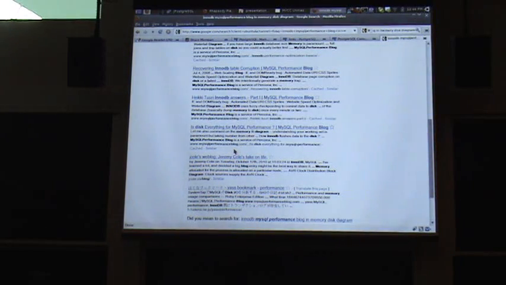Same deal as PG, reads don't block writes and vice versa. Let's see, what else is interesting? So one difference is you actually support covering indexes. Yes, InnoDB does support covering indexes, also has an insert buffer on secondary indexes, which,